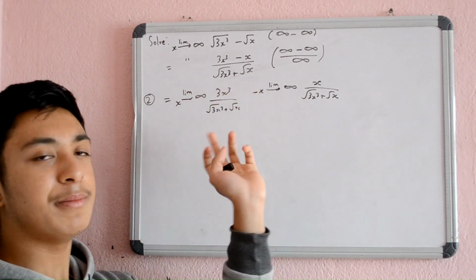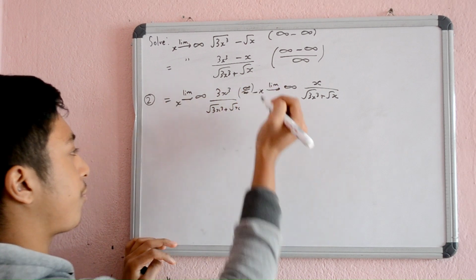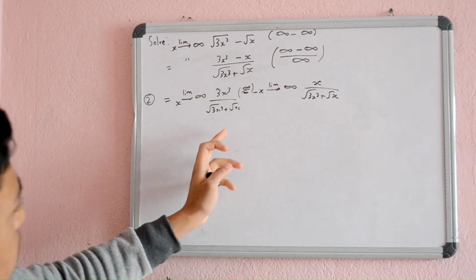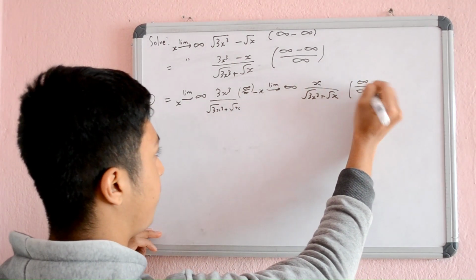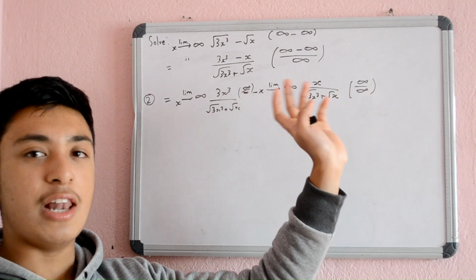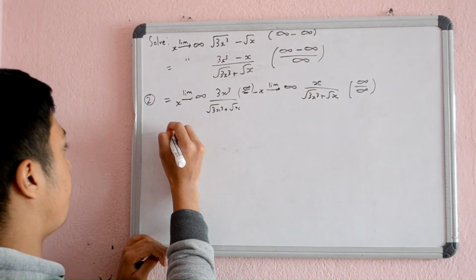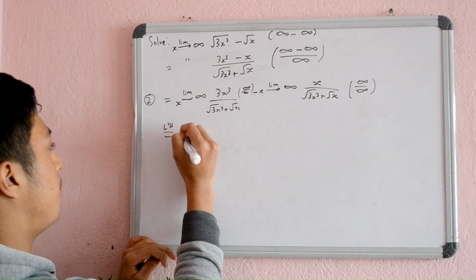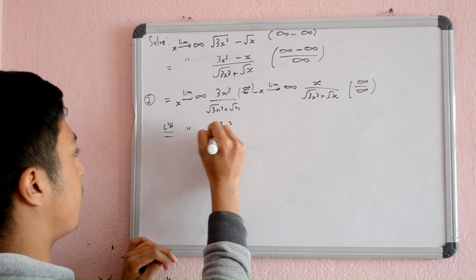Here put infinity, now we get infinity by infinity, and here put infinity, we'll also get infinity by infinity. But the good thing about this is now we can use L'Hospital's rule, which otherwise in here and here we couldn't. So L'Hospital's rule, this becomes 9x square by,